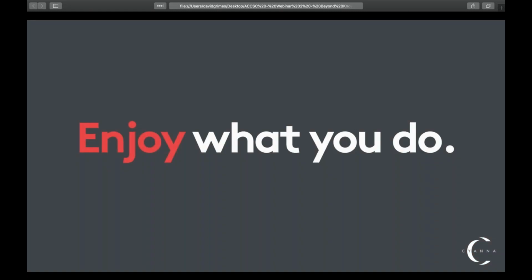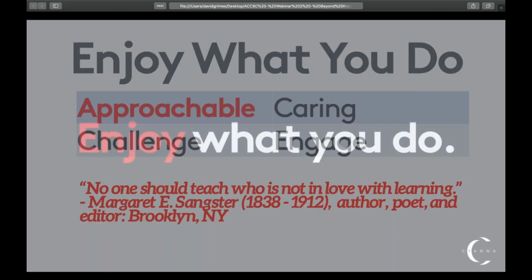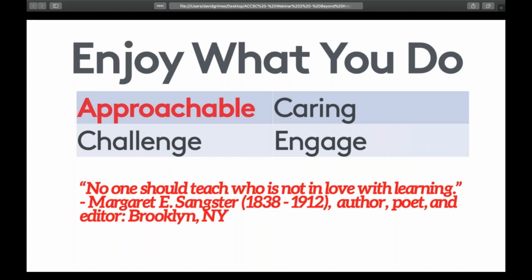And the one I want to cover first is a general theme of enjoy what you do. It sounds pretty silly, I think, because if you're not enjoying what you do, I don't know how you can go day in and day out teaching, because it's one of those labors of love that we have. And when you think about enjoying what you do, I think there's 4 key components that always come up. When you look at different studies, or you ask people in the academic field, or you ask students what they really like in a teacher, or what do you like to convey, these are the 4 things that always come up.